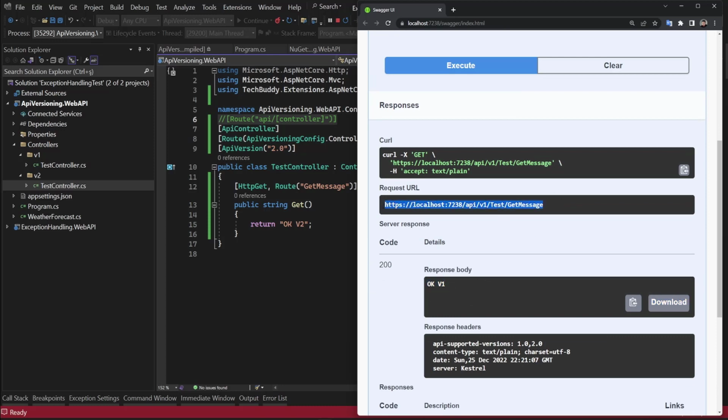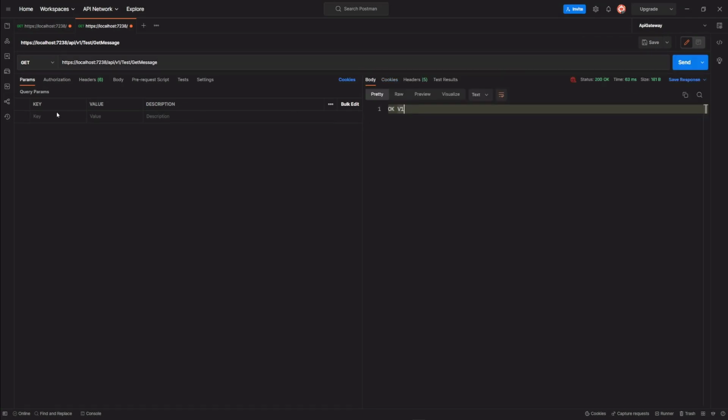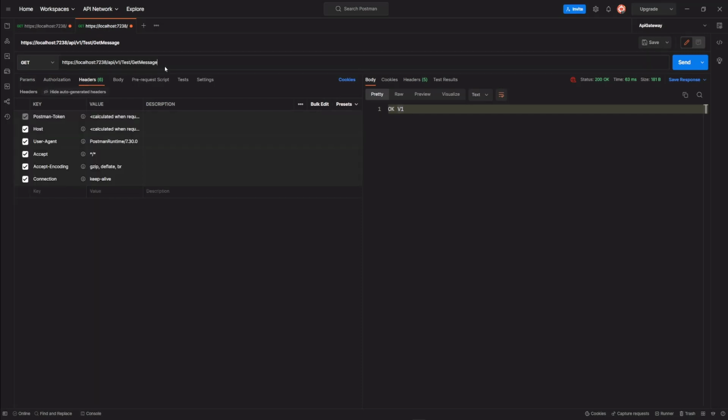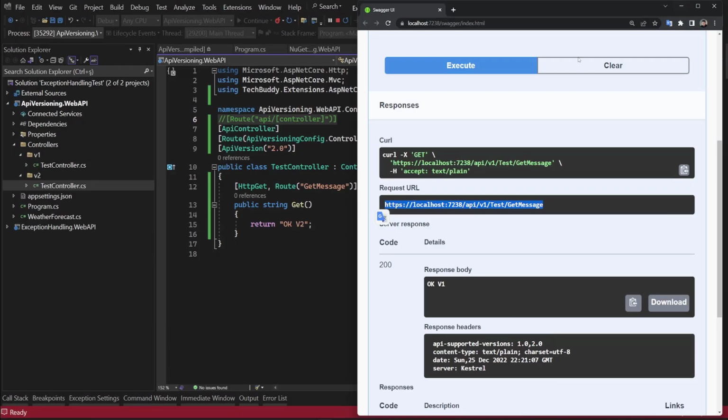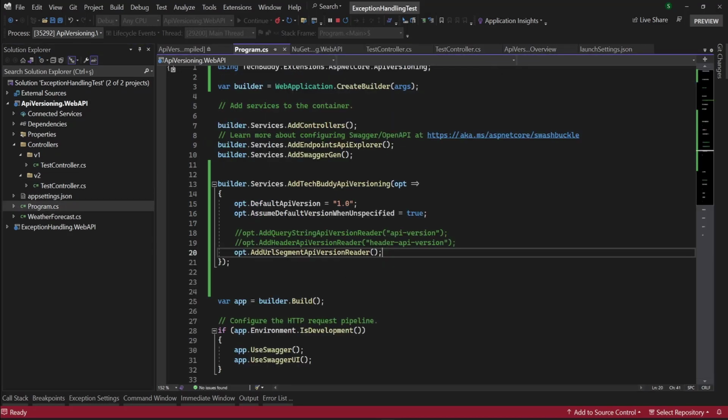So I'm just gonna copy that and paste it over here and say, okay, give me the data. It says v1. I didn't specify any header parameter or any query string parameter, but I specified it over here. When I change it to 2, now I will be able to see the v2. It is because I specified my API version not in a query string parameter, but in the URL segment. So, as a difference between header, query, and URL segment,